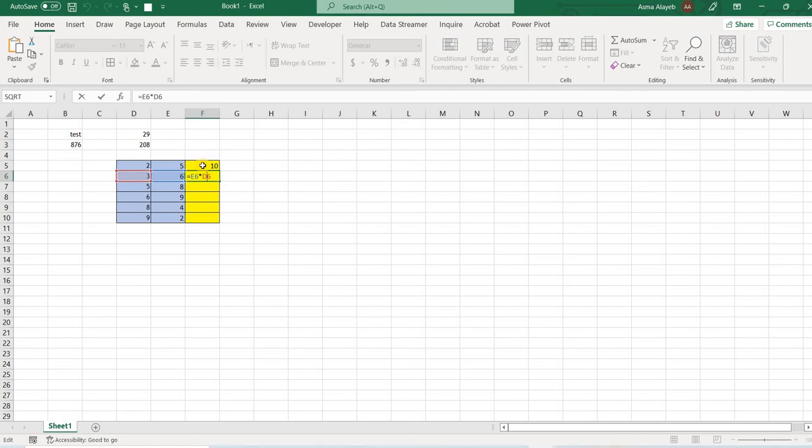Meaning when the formula went down one row, everything went down one row. And this is a nice property in Excel. It makes us do the work a lot faster than we usually do. So the way to copy down the formula, you have